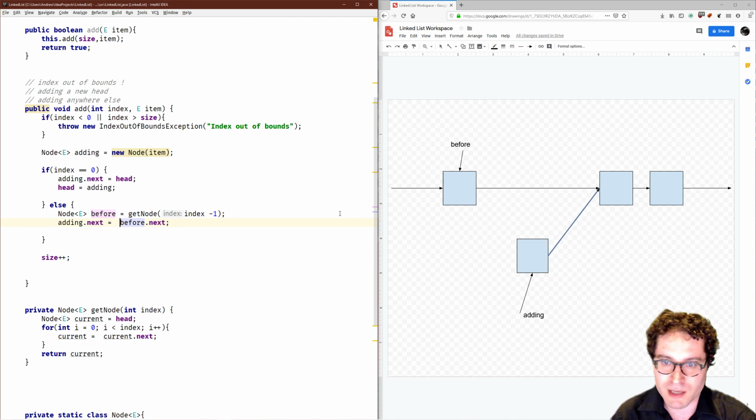So before dot next, the current index I want to add at, its memory location is going to get stored at adding dot next, right? This resolves into a memory location, but this is a variable, right? We are storing this variable before dot next in this memory location. So now that we've done this, this is our current linked list. Now,